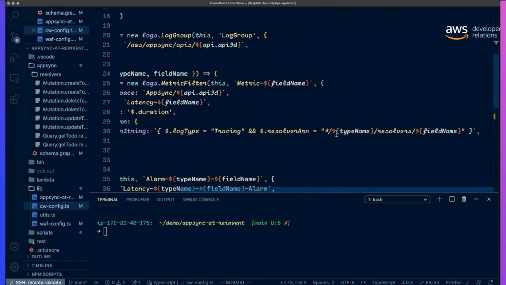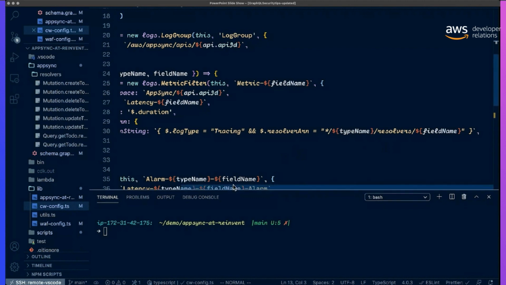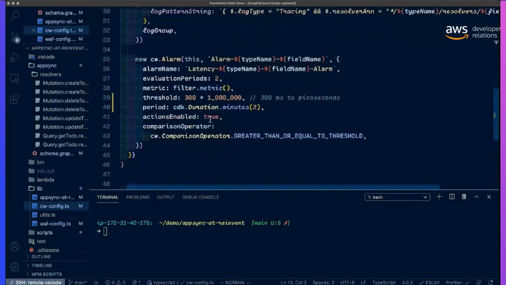Anything that's happening inside my API will go to the right log group, and then I can search it if I'm experiencing issues or want to create alarms. So here's one of the alarms that I can create. This is an alarm on latency value. If the threshold of 300 milliseconds is broken, then it will raise the alarm and tell me that the latency of one of my resolvers is too high.